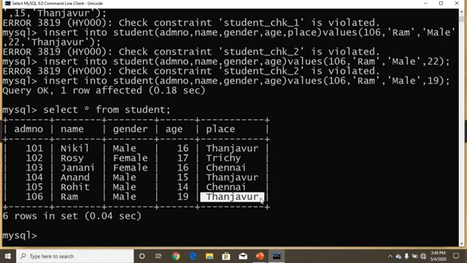Okay. Now I am going to explain about the where clause. The where clause is used to check some condition. It means a criteria. Criteria means condition. You can check the condition using 2 operators.